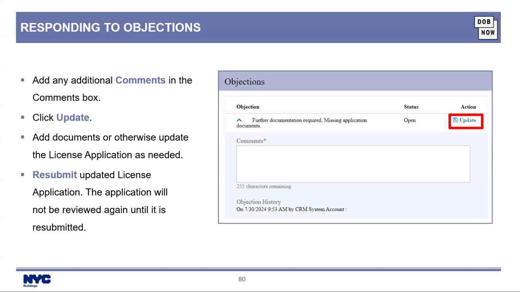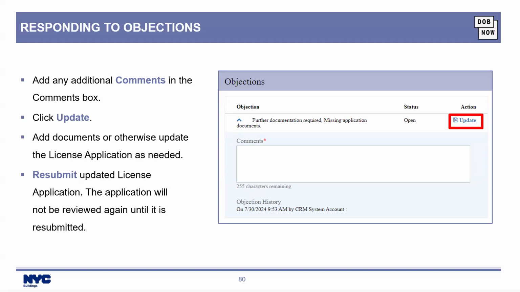You'll need to enter comments in the box saying things like, I uploaded the correct document. You'll change the status from open to resolved and click update. And then you can resubmit your updated license application. And the submit application button will be changed to resubmit.